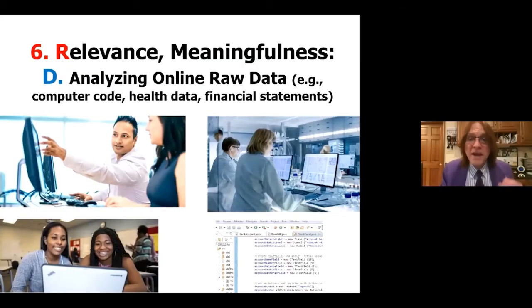Making it meaningful by analyzing raw data. If you teach business courses, there's lots of raw data online, business financials. If you teach computer science, there's lots of free code with problems in the code, and students have to figure out what the problem is in the code. If you teach education, there's lots of cases, as I said, that students can use. The web is full of data. It's full of computer data, raw data, that your students can use to solve problems, like the medical teacher with anatomy and physiology courses.